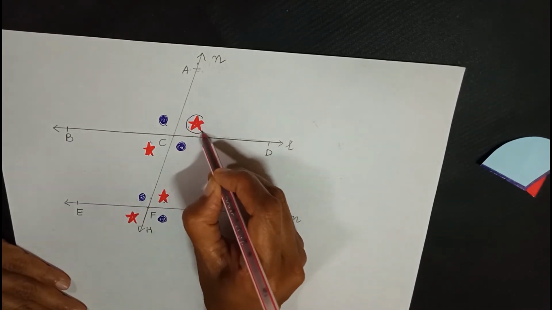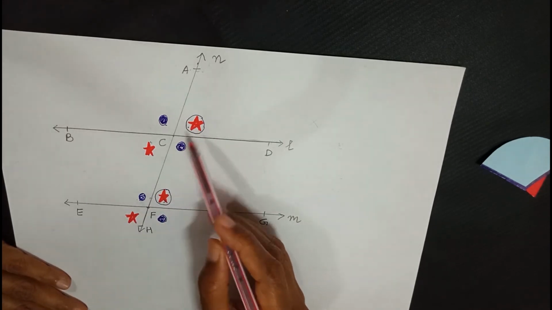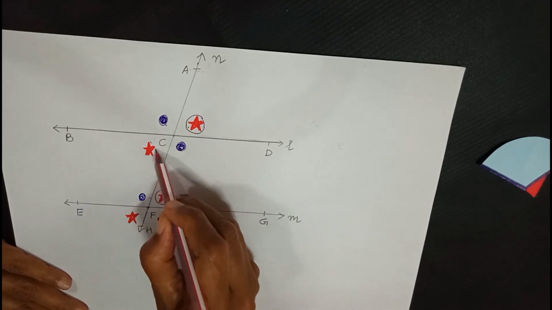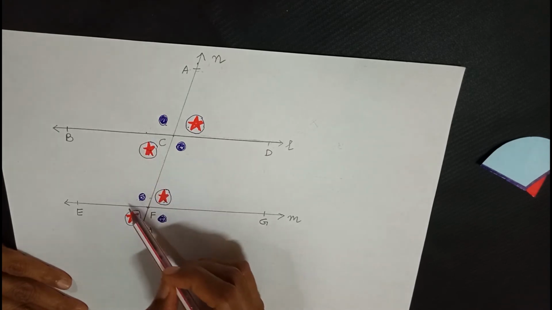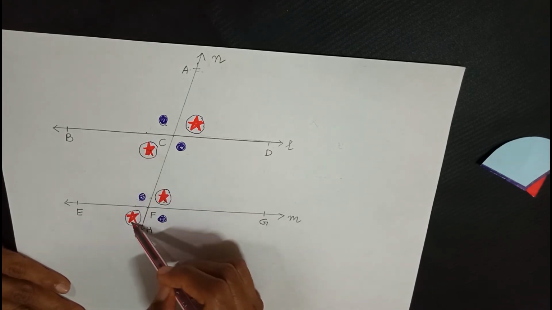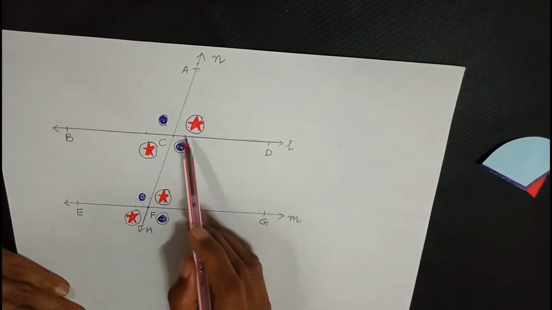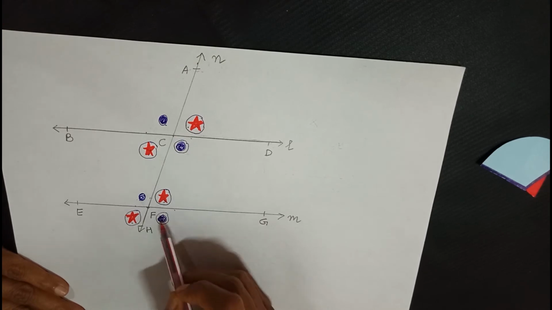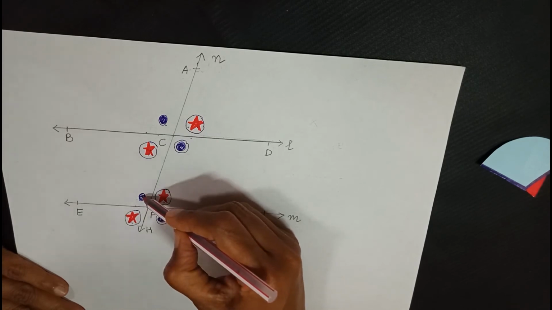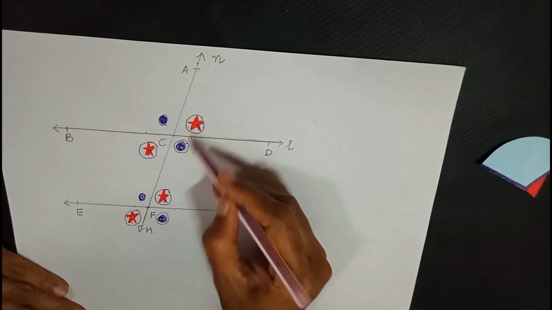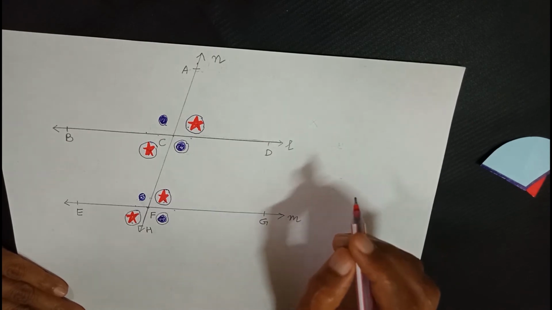Now as you know, this angle and this angle is a corresponding angle, and you can see they are both of the same measure, right? Similarly, this and this is also a corresponding angle. One below the parallel line, one below the parallel line. Again, they are equal in measure. Now again you can see here this angle is equal to this angle. One below the parallel line, one below the parallel line. This is also a corresponding angle. Similarly, one above the parallel line, one above the parallel line. Corresponding angles. So from here what we come to know is that corresponding angles are equal in measure.